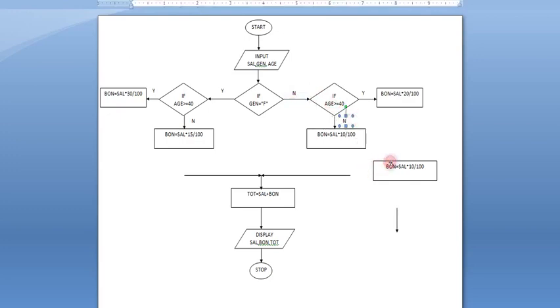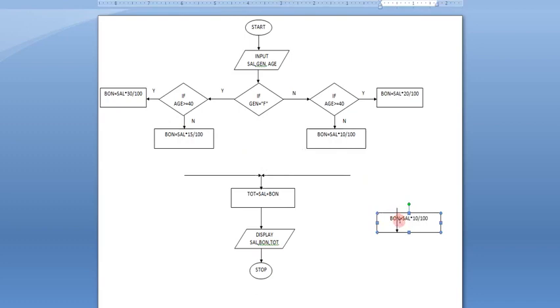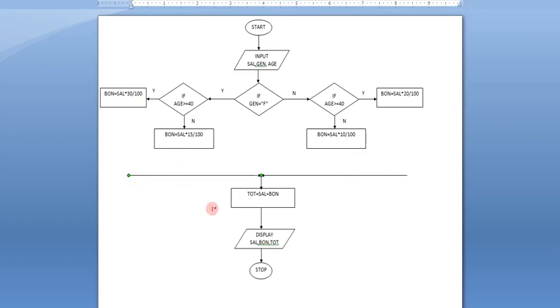Now this processing box I can use for total. Total is already written, so I can remove it. I don't require it. The linings are already there, I didn't remove anything, so I can join. I can expand these lines so that it will be easier for us to do the flowchart. Now just copying this line. All of you please check to here, because after all is done, ultimately it has to come to the total part.